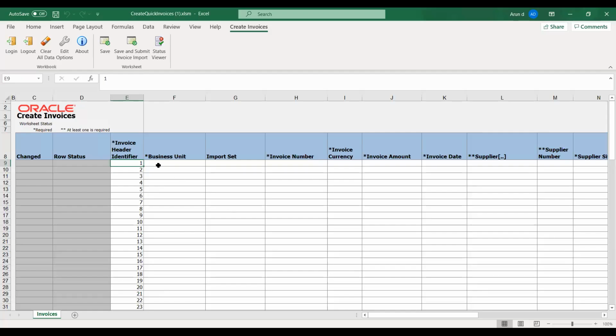Yeah. So I mean the screen is visible, right? Yeah. So this will be our template to load the invoices. So we will need this particular format when we have the data migration activities, or if we have regular invoices that we will be importing from a third party application. So let's say we have two different applications. So maybe the legacy hasn't retired yet. So what we will do is that we will get AP feed as a part of coexistence strategy that